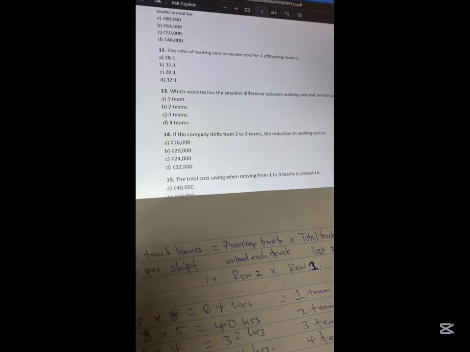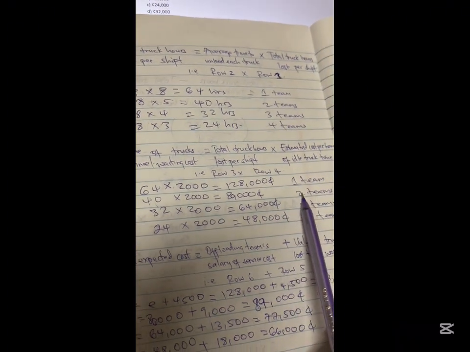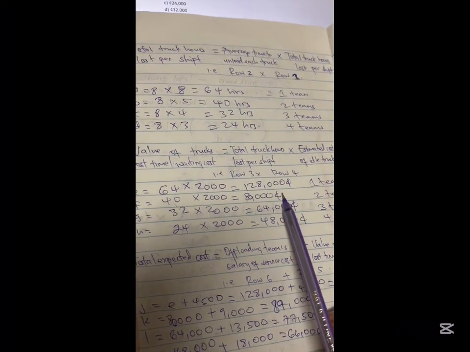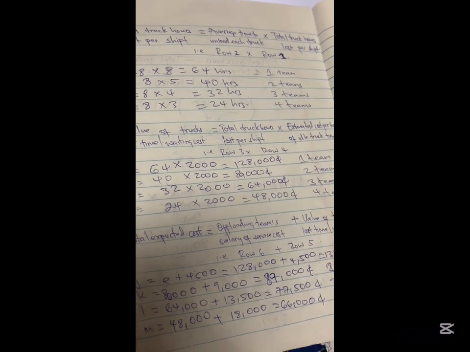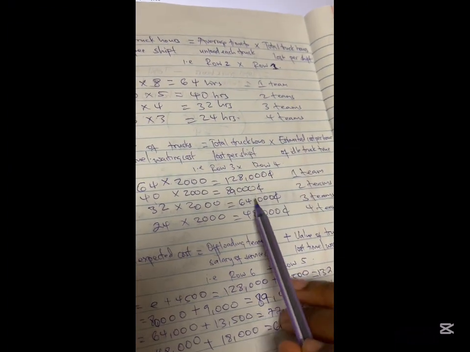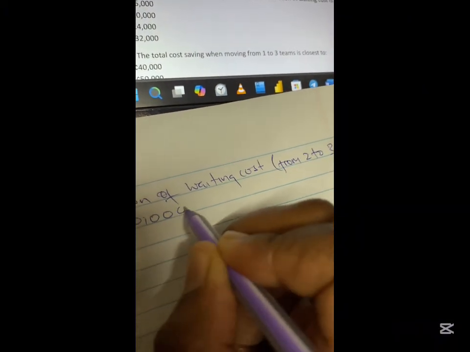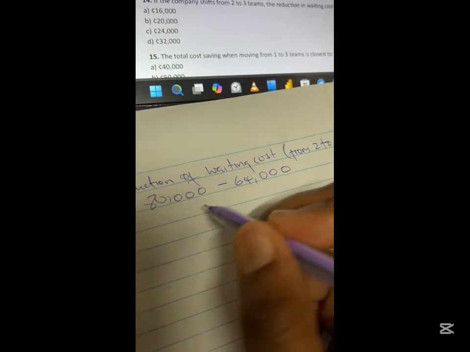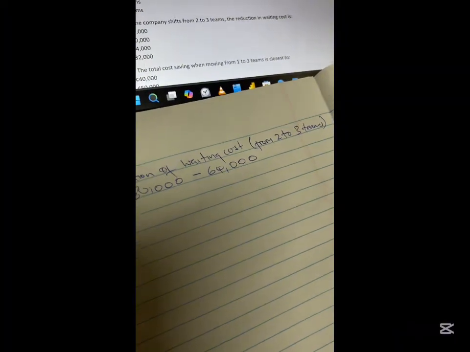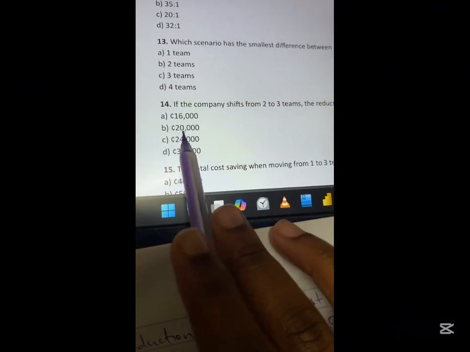In team 3 from using team 2. So we had the waiting cost here, and when the company was using team 2, the waiting cost was 80,000, but when it went to use team 3, the waiting cost was 64,000. So to get the difference, we'll take 80,000 minus 64,000, and that will give us 16,000. So this is the reduction from using 2 teams to 3 teams, and that is option